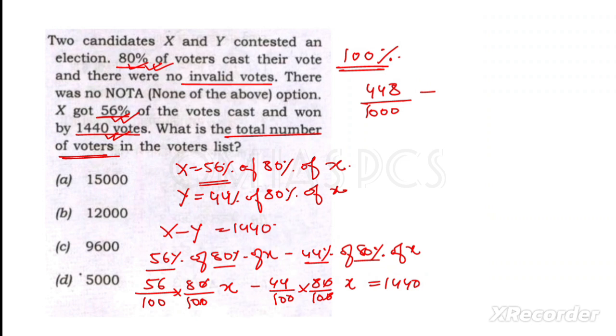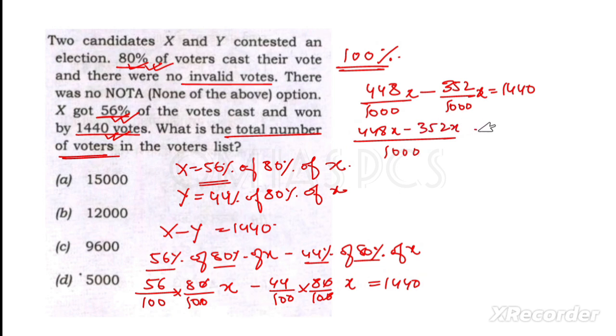When you multiply 44 with 8, it will be 352, divided by 1000, and this x is equal to 1440. Now the denominator is the same, that is 1000, so it will be 448x minus 352x over 1000 equal to 1440. When you subtract, this is 96x by 1000,